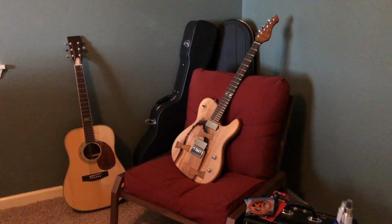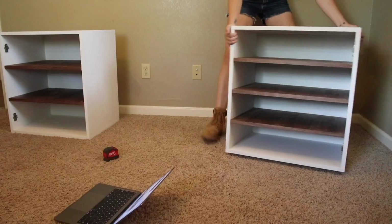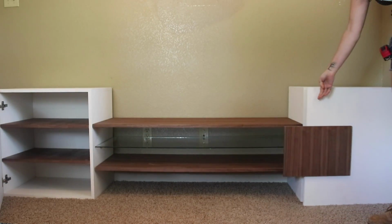Recently got into guitar playing, which is awesome, but guitar playing kind of comes with a lot of stuff. And all of this stuff has just been sitting around in my living room. Well, after I built a TV stand in a spare room, I decided to convert this entire space into a